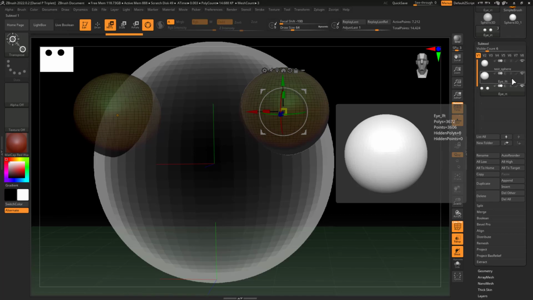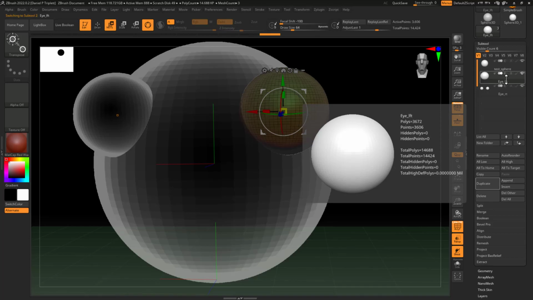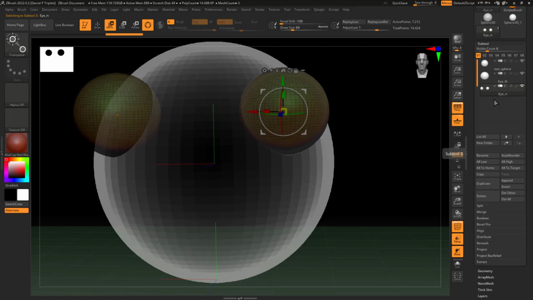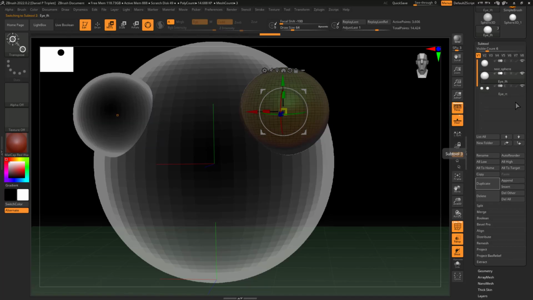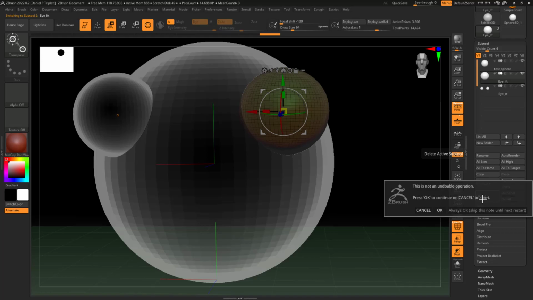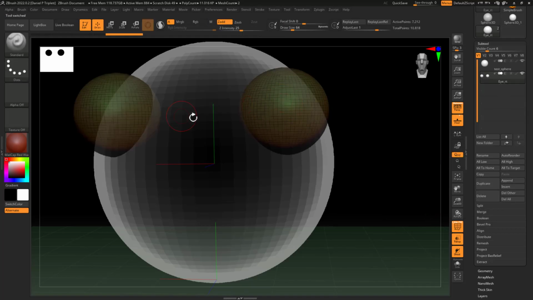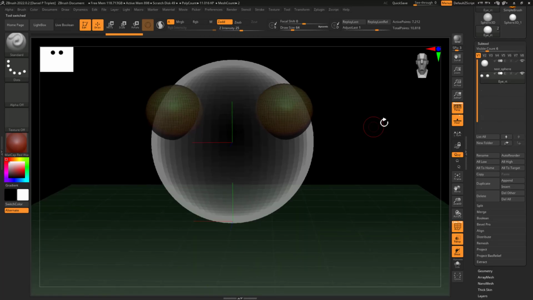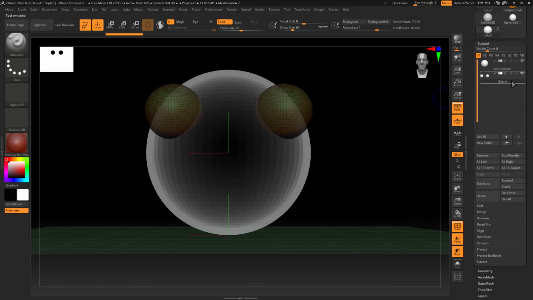the original one's there, and we may think, well, now I don't need this one because I have two in here, or you may want them separately so you can work on them separately, and I will show you how to separate these out. Okay, so let's just say, hey, I don't need this one anymore, and I'll just hit delete. So I can delete that. Okay, it says it's not reversible, and that is true. It is not reversible. It won't let you do that. So now we have 2 in 1, but we might say, hey, I want a right eye and a left